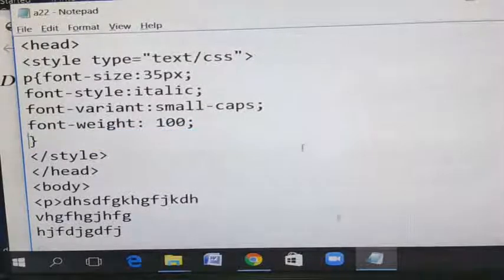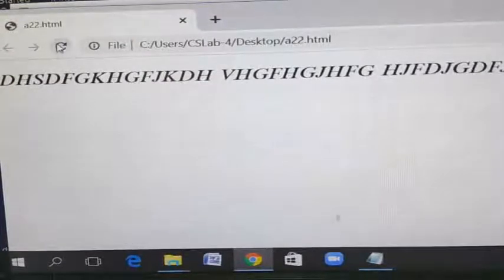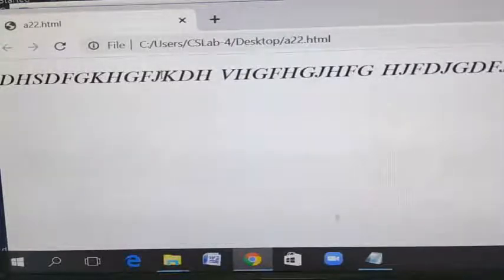So next, save it. Refresh this. So that property is not working here. In this browser, in the present version, it is not working. Okay, if you have an advanced version, you go through that. So these are all text properties. Sorry, these are all font properties. Okay, whatever theory I have explained, that theory here I have given as a practical.